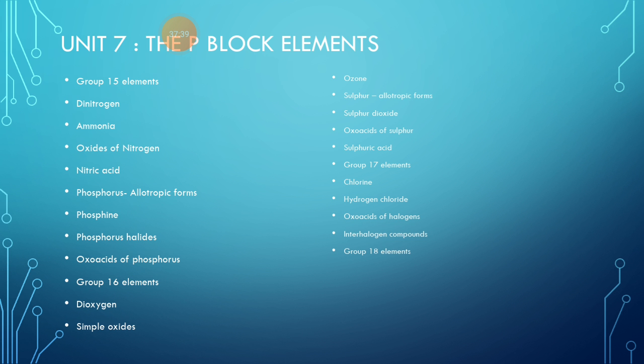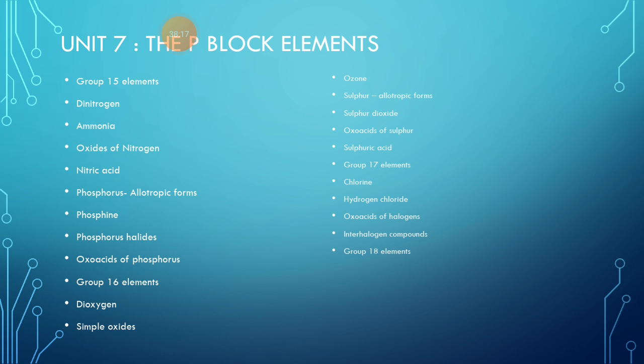group from this topic, that is group 17, and in this group 17 or halogens we are going to learn about the electronic configuration, physical properties of the halogen family. Then one of the molecules which we are going to learn is chlorine, its preparation, chemical properties, hydrogen chloride, that is called HCl. So that particular HCl we are going to learn about the preparation and chemical properties of HCl, oxoacids of halogen,